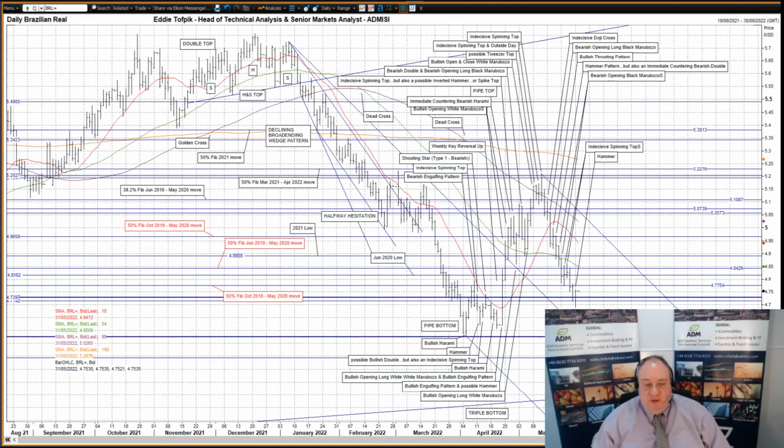US dollar against the Brazilian real. A hammer pattern yesterday. I suppose it's not that surprising, as the recent fall in the market had seen the move down be eroded by congestion under the overhead short medium moving average, currently at 485 even, from levels at 484.26, and that's the 50% Fibonacci line of the June 2019 to May 2020 move, plus the June 2020 level at 481.62, as well as the